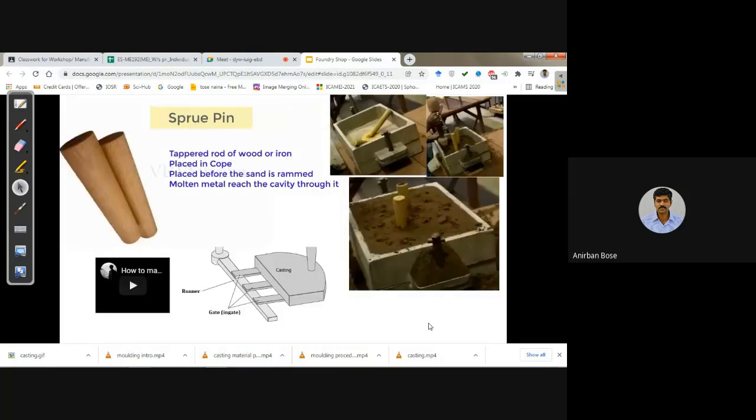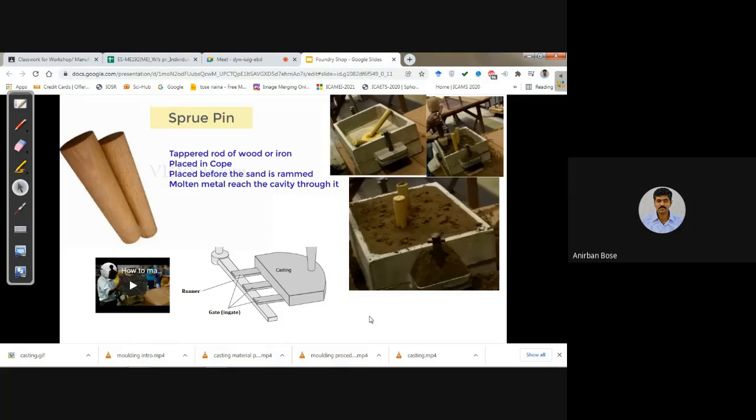Now next you can see the sprue pin, and the sprue pin is actually used to create the sprue. The sprue is basically the passage through which the molten metal goes into the runner, and finally through the gates it goes to the mold cavity.